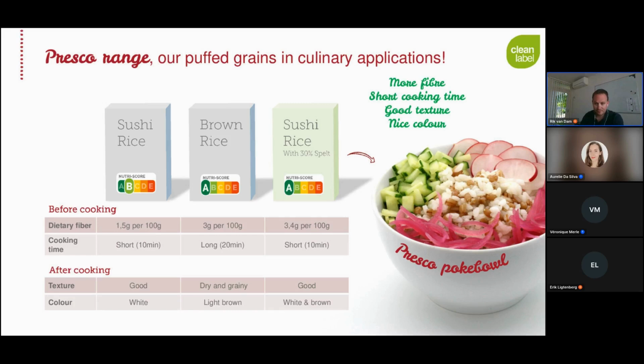Because we have a very nice and round kernel, we will have a very good texture. So the kernels of the spelt completely blend in with the kernels of the sushi rice in this case. And instead of having a white or light brown color, we will have a very bright white color together with a natural brown color, which really makes it stand out. In this case, for example, you can make a very nice poke bowl. You can increase the fibers and have a better nutritional value. So you can increase the Nutri-Score without the loss of texture, without the longer cooking time, and with a nice